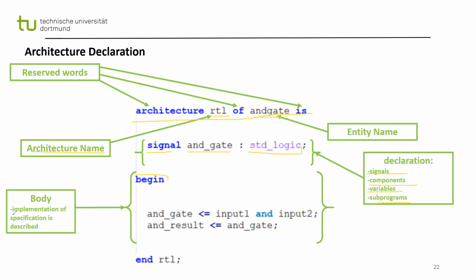In the body of our architecture declaration go statements that describe organization or functional operation of the component. Basically, this is the execution part of the model. So we use our signal called AND gate to take the value, using this value assignment, of our two inputs, input 1 and input 2. In between them, we have the predefined function in our library IEEE, which is the functionality of a normal AND gate, and the value of this statement is then stored in the AND gate, and here the signal is used as an input and